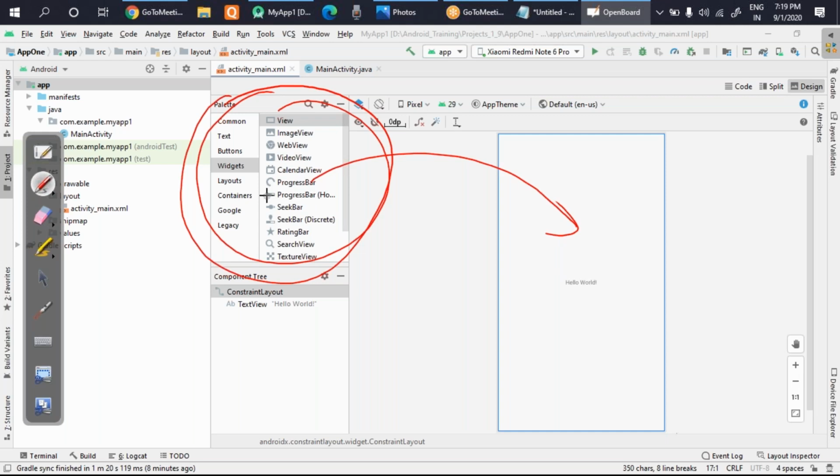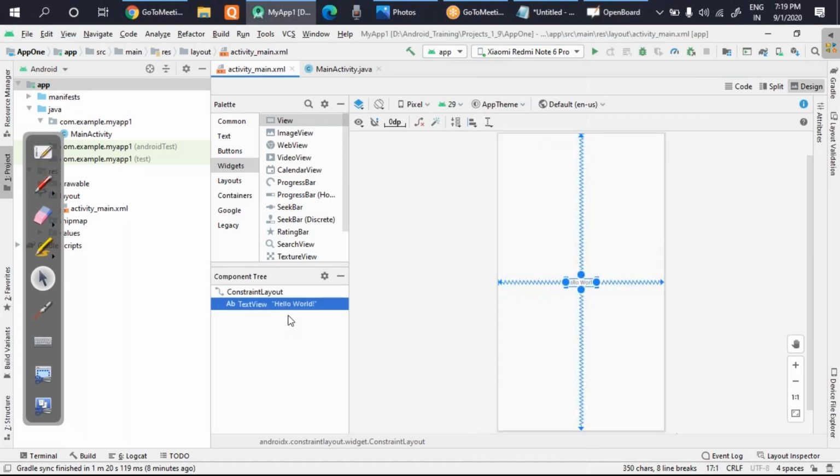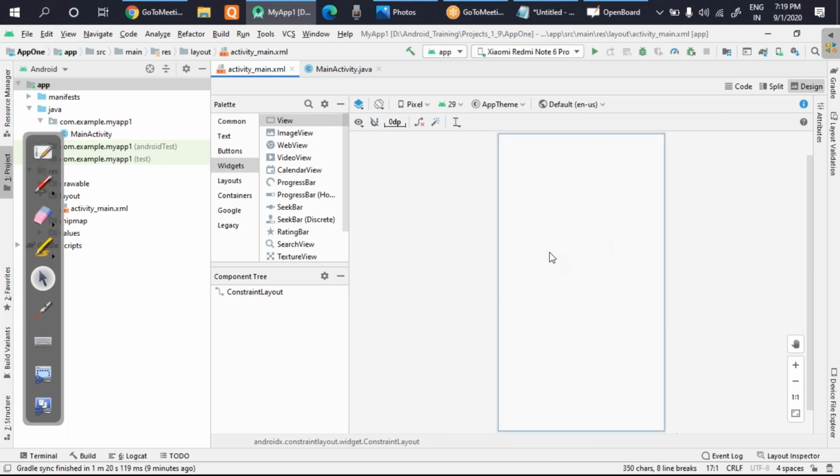I'll go for the first thing, that is the drag and drop process. We will do drag and drop and then create the design. So let's first of all draw a very simple design and understand what is happening. I'll do one thing. First of all, I'll delete the default hello world text view. Once it is deleted, it's a white screen here. Now I'm going to create one design by myself, so that we can understand what is actually happening. I'll take a common design. You can see the common design. I'll go to the common part and these are the common designs.